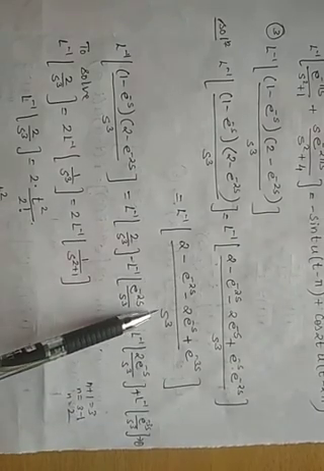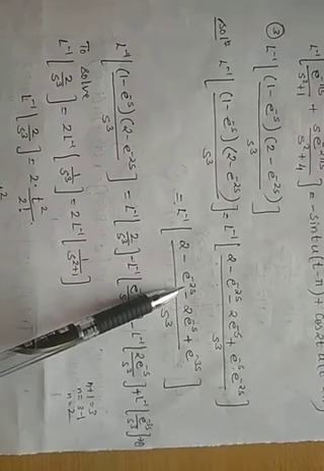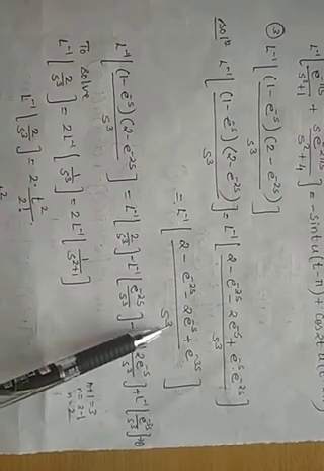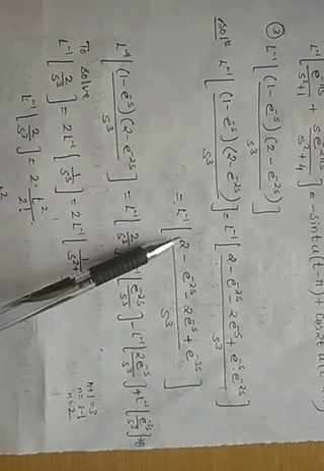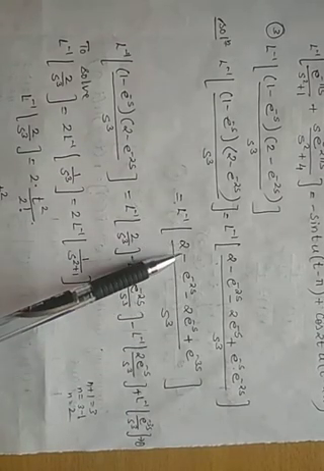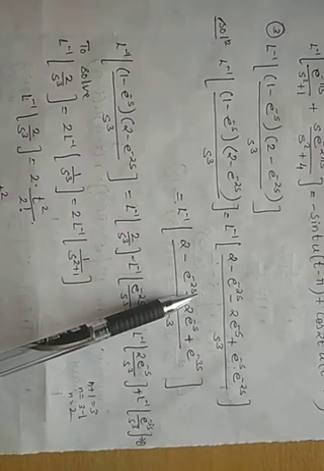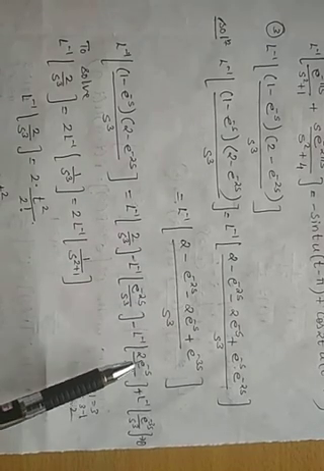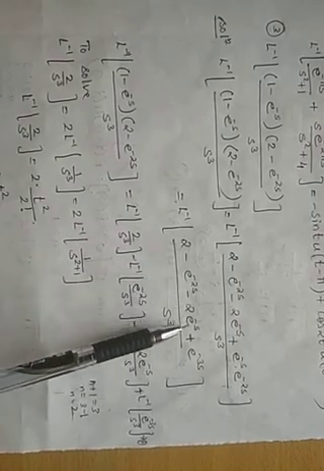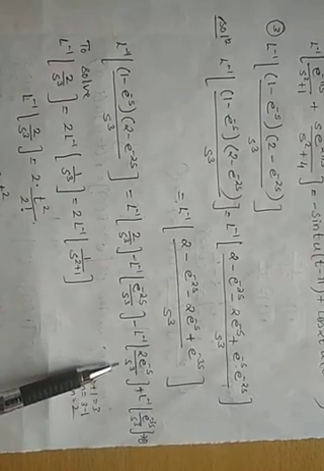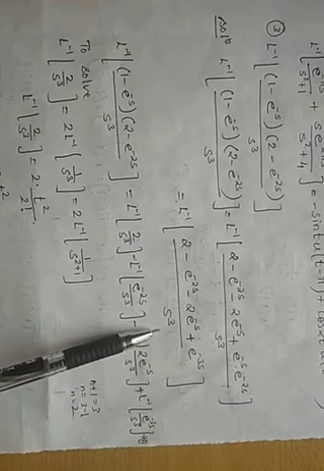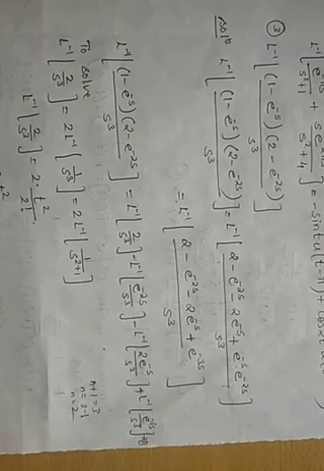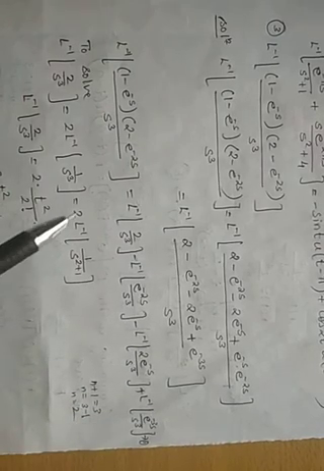Now a single term is in the denominator, so split each term with the denominator and apply the L inverse operator. So L inverse of 2 upon s cube minus L inverse of e raised to minus 2s upon s cube, minus L inverse of 2 into e raised to minus s upon s cube, plus L inverse of e raised to minus 3s upon s cube. Mark this as equation number 1.